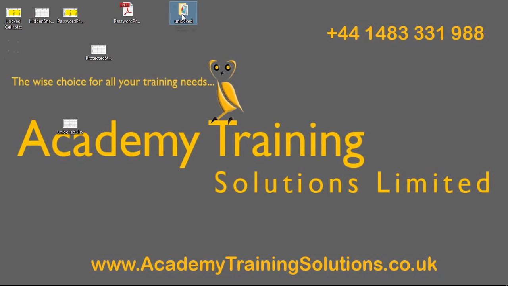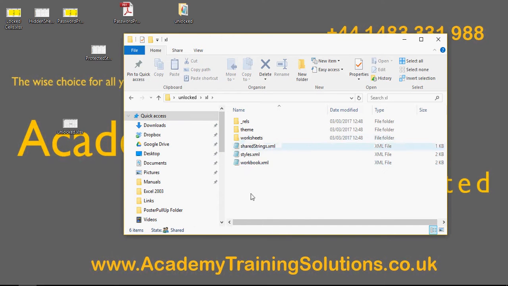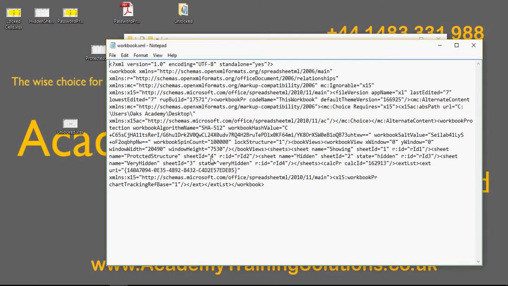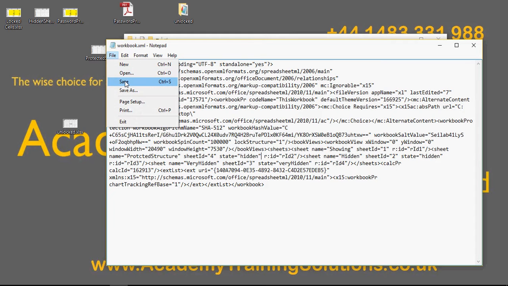So if I just go into the workbook for that particular sheet again, you'll notice that the code there doesn't say state hidden anymore. Remember we did that? Remember we even went back in and checked it to see that it had been done, but because I still had that sheet selected, it didn't apply the settings. So now, File, Save,